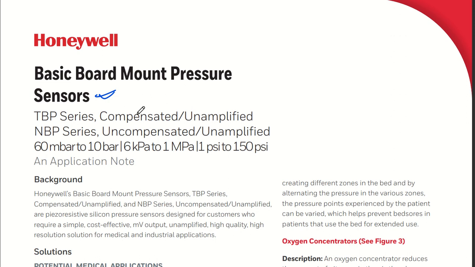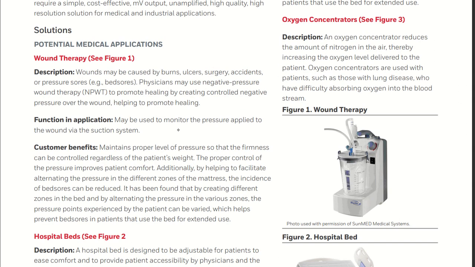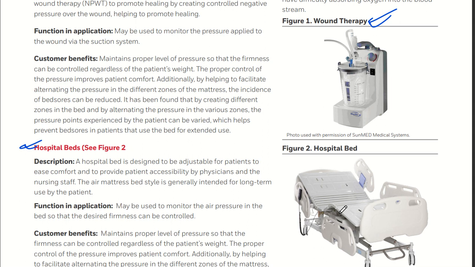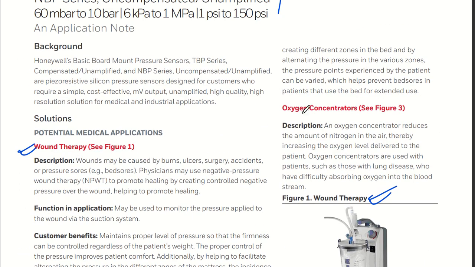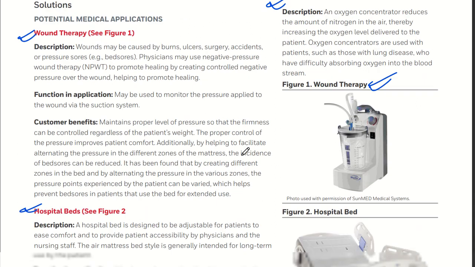So you can see you have uncompensated and compensated series, that is TBP is compensated and NBP is uncompensated, but both are unamplified. Okay. So you can see we have wound therapy applications. Then you have hospital beds. Okay. So with hospital beds, you can see how much pressure you need to lift the patient up or down, or you have to adjust the pressure so that the height of the bed can be set. Okay, similar to that, oxygen concentrators or blood pressure monitors. So all these applications are given for these two particular pressure sensors. Okay,